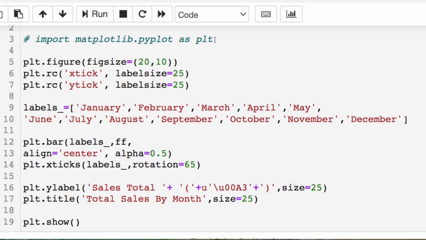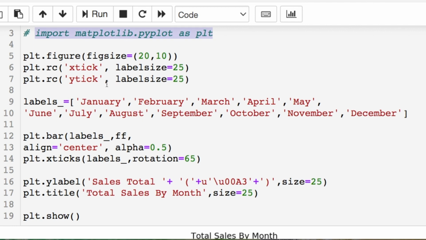If you didn't have the imports from above, you would need this, where you just call in your matplotlib as our starter piece. I'm adjusting the figure size so it's quite big, but I'm going to make it smaller for the next plots because we won't be able to see them fully. Then I change the tick size for each axis, and I throw in the order of the labels I want on the x-axis in the particular order for the month.